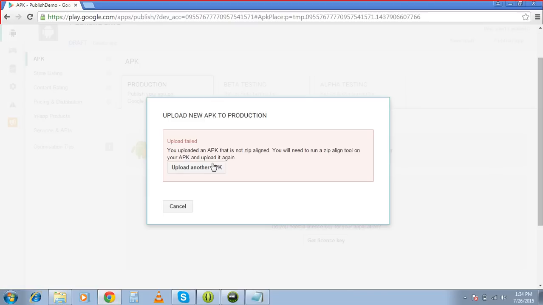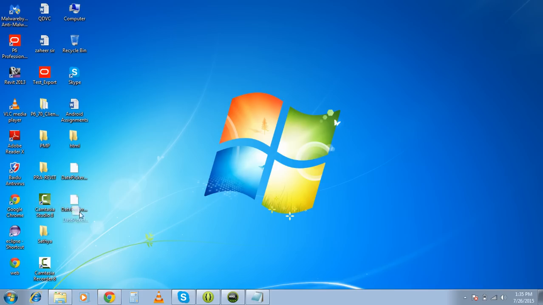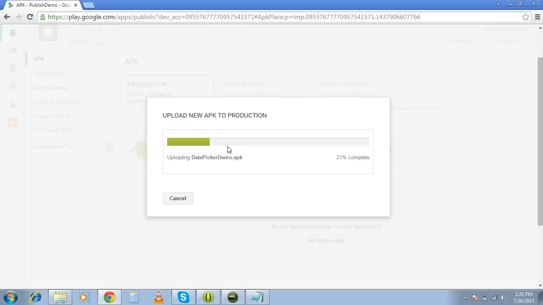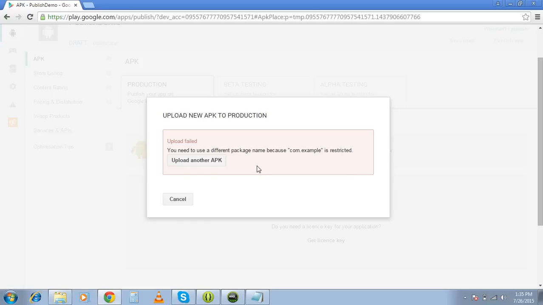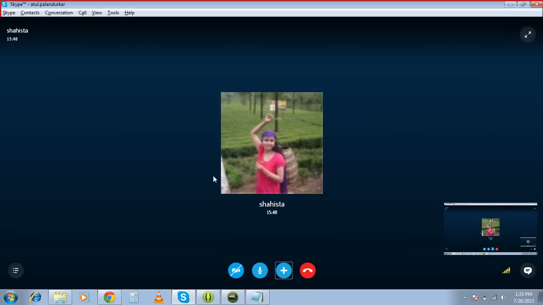So first we'll click here, upload new APK, another APK, and I'll drag it here now. So this is my new APK, which is zip aligned and key store is created with this tool. But this will again give me the problem because package name is com.example. So now it's giving me the problem, you need to use different package name because com.example is restricted. Okay, so I'll click upload another APK, no problem. And this time I'm